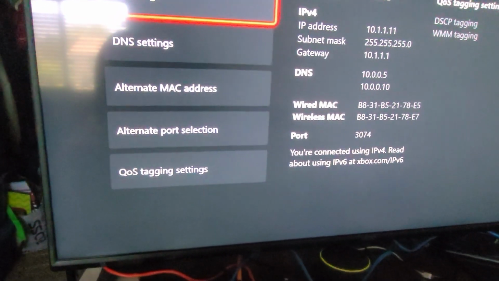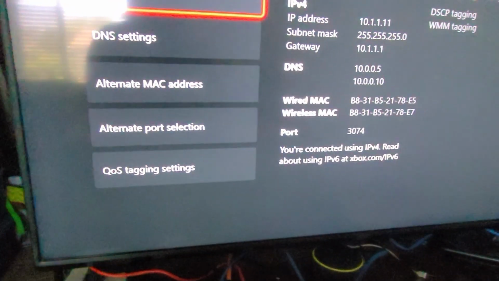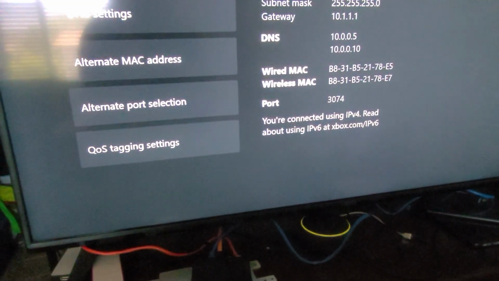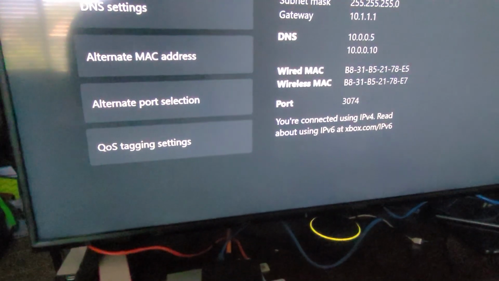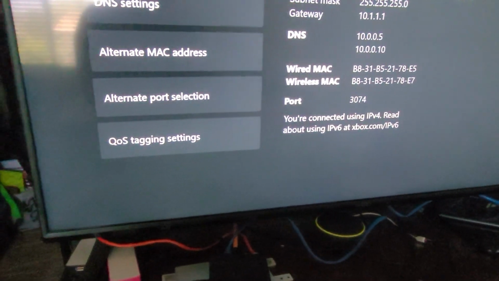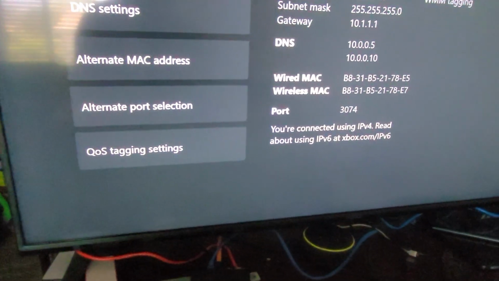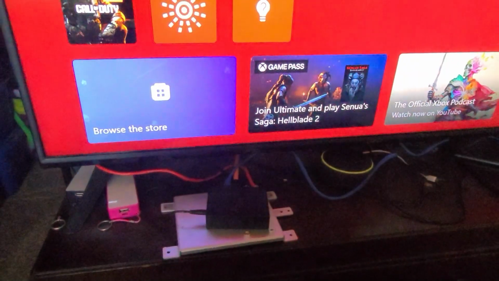So now, once you do that, make sure you reboot your Xbox, and make sure you have everything connected to Wi-Fi or whatever connection is best for you. For me, I have my Xbox connected hardwire, so that's my Ethernet switch connected to my PSN firewall. So then that's how you fix it, and now I'm good to go back